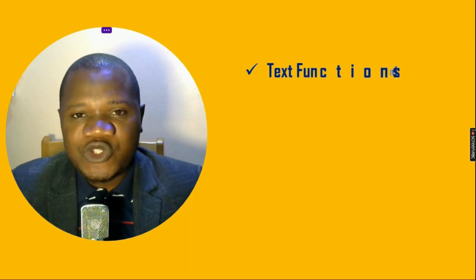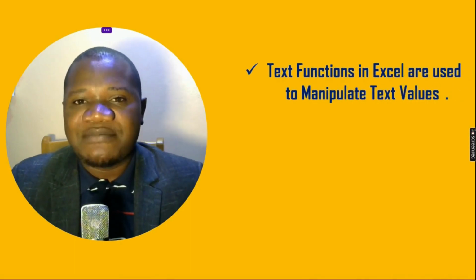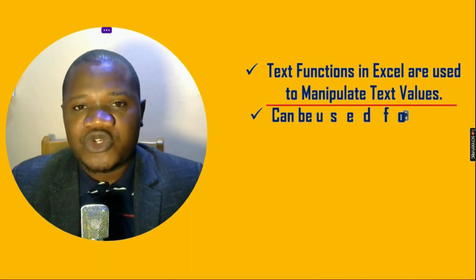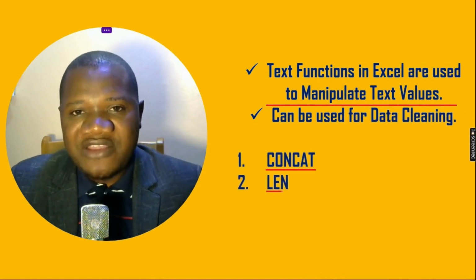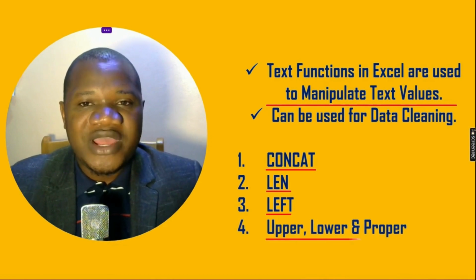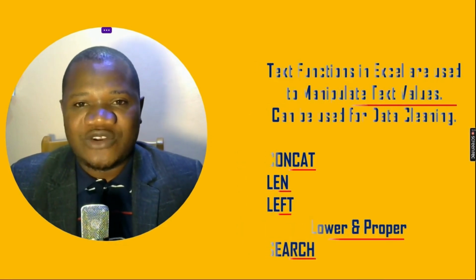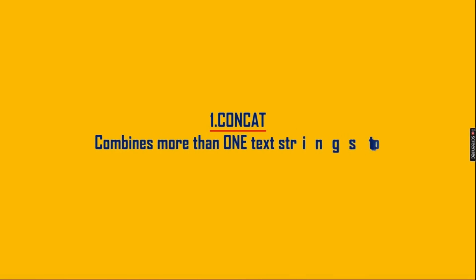Text functions are used to manipulate text values, and in most cases, they are used to do data cleaning within your Excel workbooks. And here are 5 of those functions that you need to know, especially if you are an Excel beginner. Number 1 is the CONCAT function, and what this one does is that it combines more than one